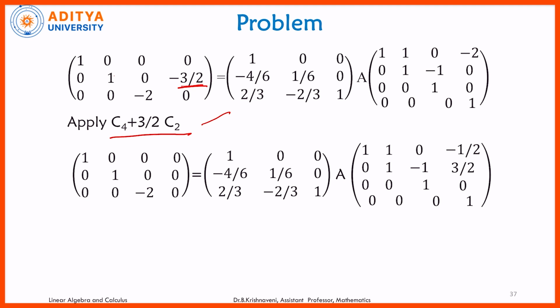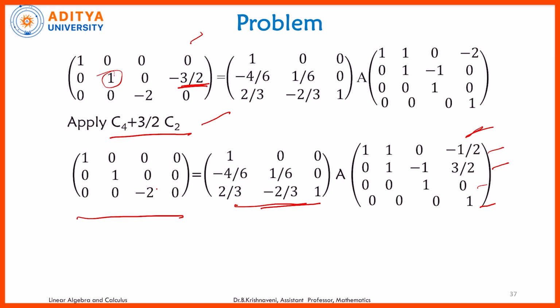Multiply column 2 by 3 by 2 and add it to C4, then the elements in C4 become 0. Then you will get this matrix, 1 0 0 0, 0 1 0 0, 0 0 minus 2 0, and the prefactor will remain the same, and in the postfactor only C4 will be affected. On applying C4 plus 3 by 2 C2, you got C4 as minus 1 by 2, 3 by 2,